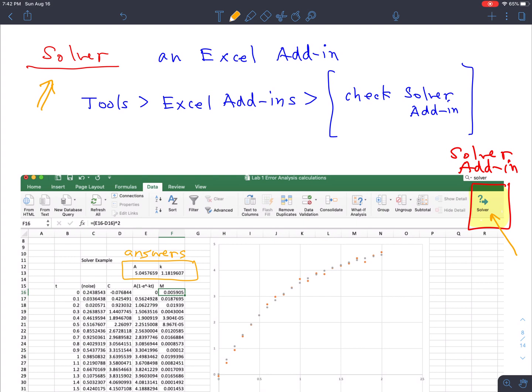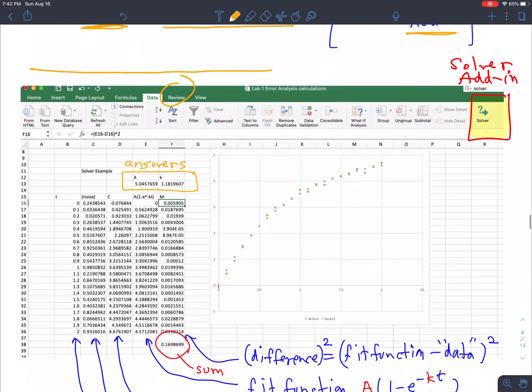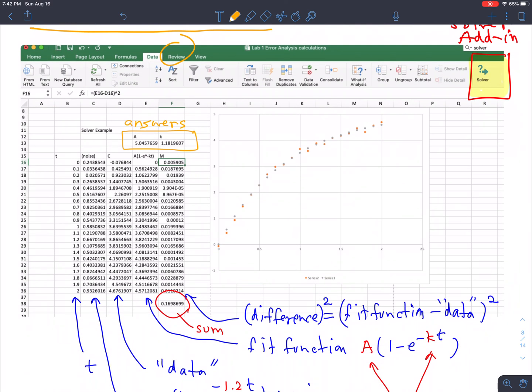The way you get that is you go to Tools. Where's Tools? Tools is not showing up on this picture. Anyway, there is a Tools menu somewhere on here, I think in the upper bar that I didn't show. Then you go to Excel Add-ins, because Solver is an add-in. You'll get a display with a bunch of possible add-ins, and you just check the box for Solver, and then after that, Solver shows up on your desktop. No problem. All right, Solver is a little complicated to use, and we won't need it for a while, so